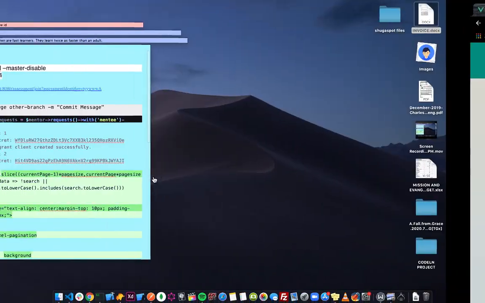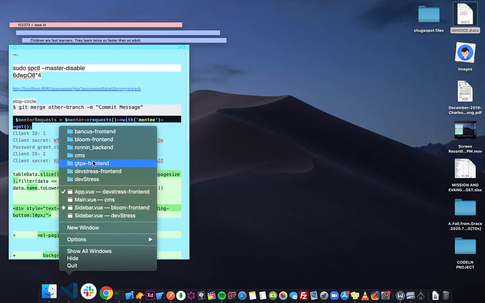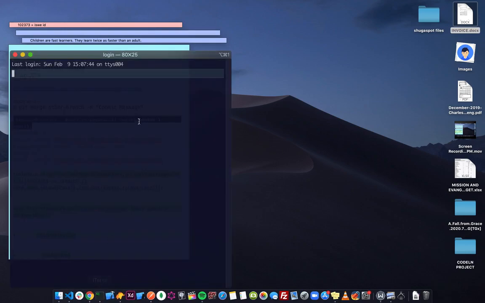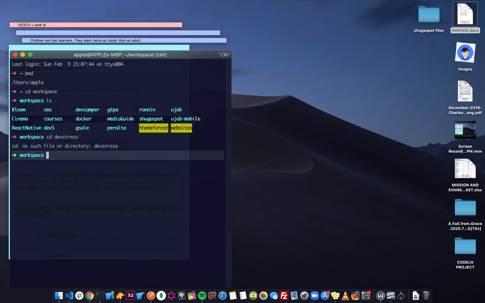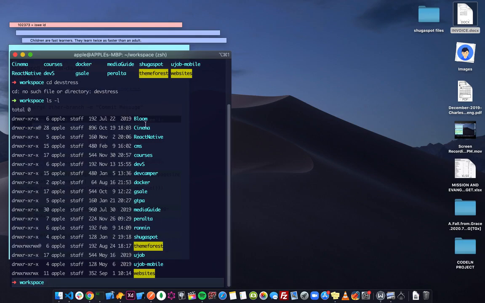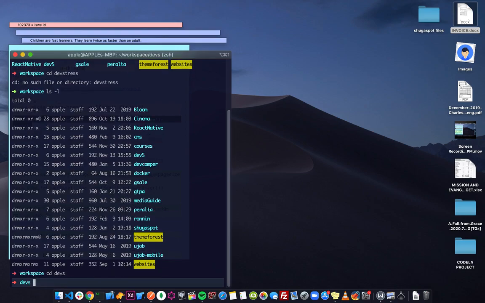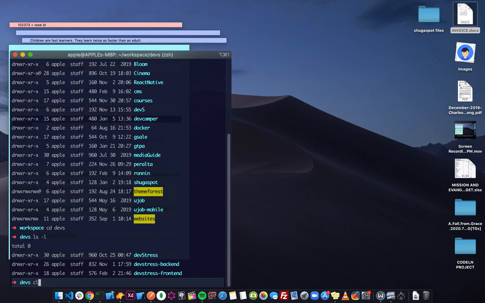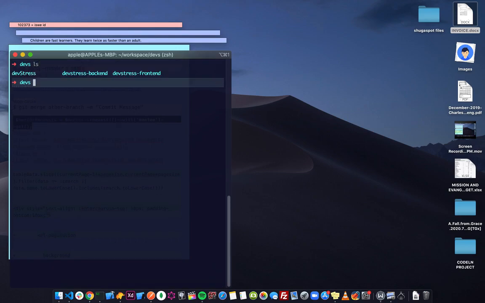I should run the project so that we know what we are building, right? I think it's in, oh, where is it? It should be in devs. So cd into dev s. No, let me just clear everything and let me see what we have. So it should be in dev stress,